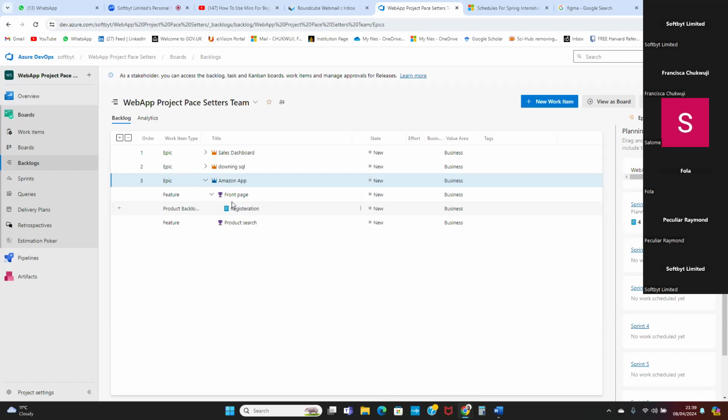So are you saying that each feature can have as many product backlogs as possible? Exactly. Yes, indeed. Each feature can have so many tasks under it. You can split it. That is the essence of the sprint. If you are working in an agile Scrum environment, you keep dividing the tasks bit by bit. But if it's waterfall, you have a different background and a different setup on this board,